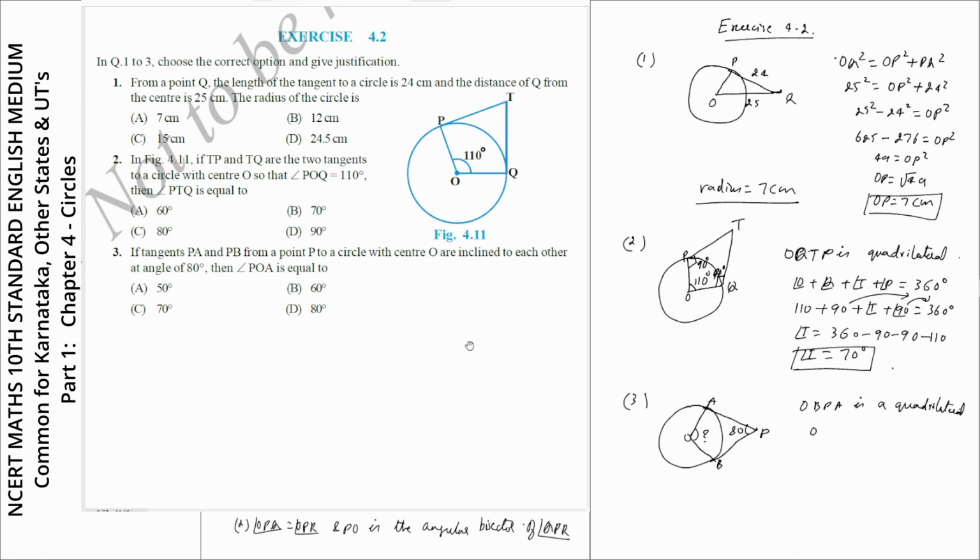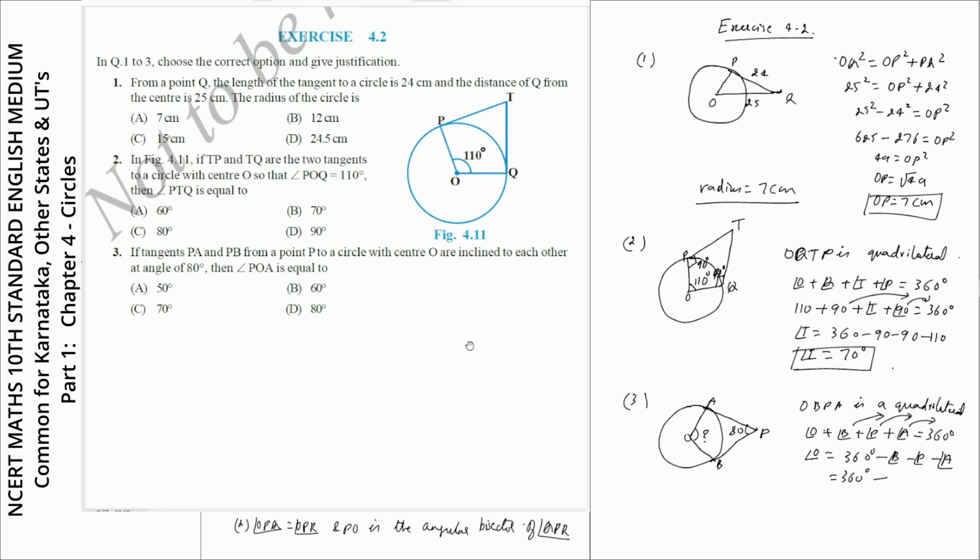Therefore, the sum of all the angles will be equal to 360 degrees. Angle O plus angle B plus angle P plus angle A is equal to 360 degrees. Therefore angle O is equal to 360 degrees minus angle B minus angle P minus angle A. I'll bring all these three to the right hand side. So 360 degrees